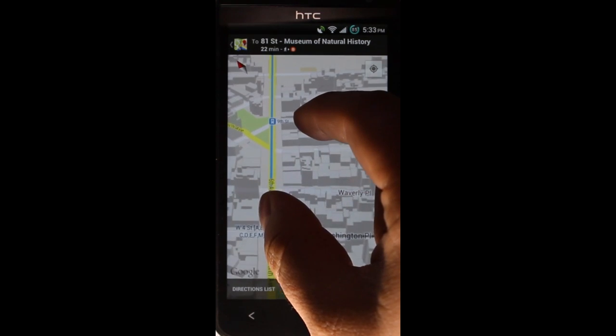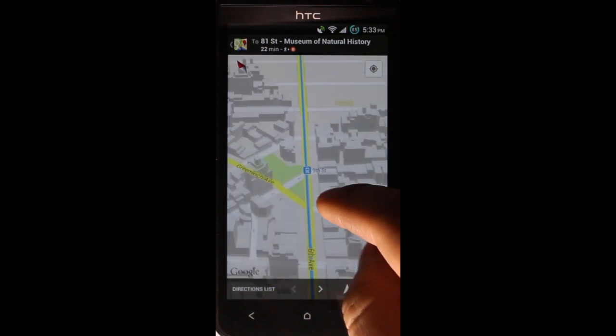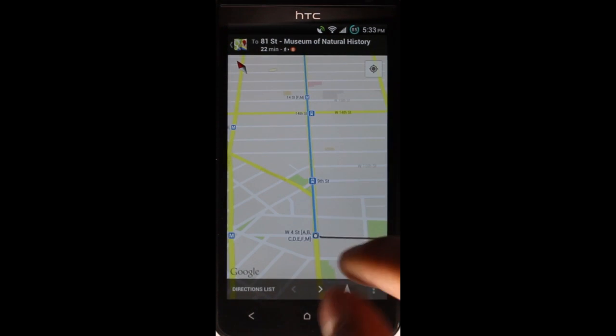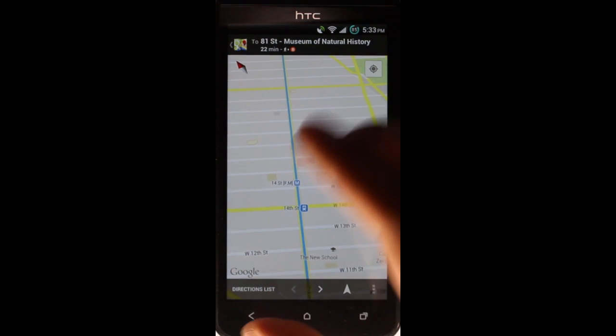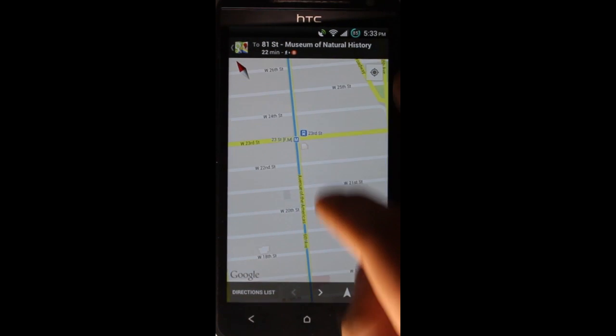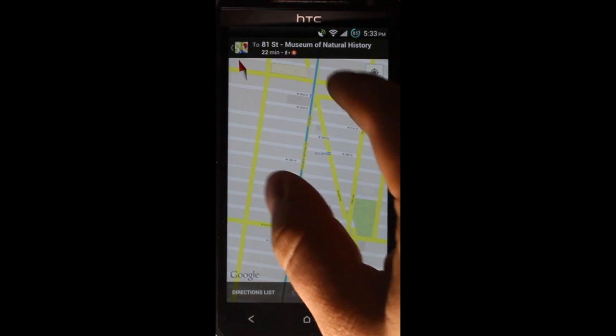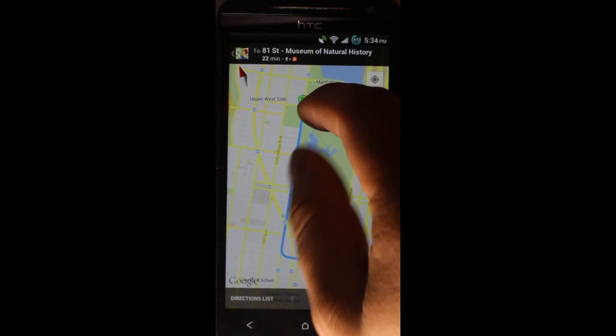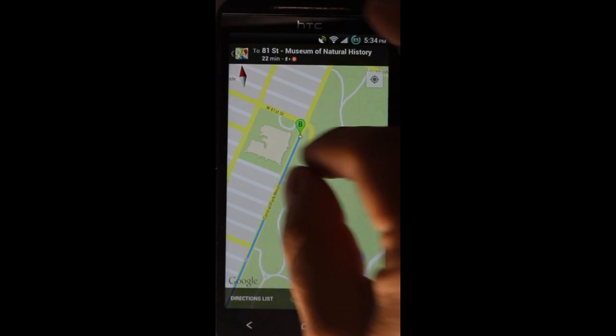This 3D view is really nice, and it just makes getting around a lot easier for you to figure out where you're at. Let me swipe back up so it goes back into the 2D view. And if I go back to, again, let's say the Natural History Museum was my starting point. If I zoom in a lot,